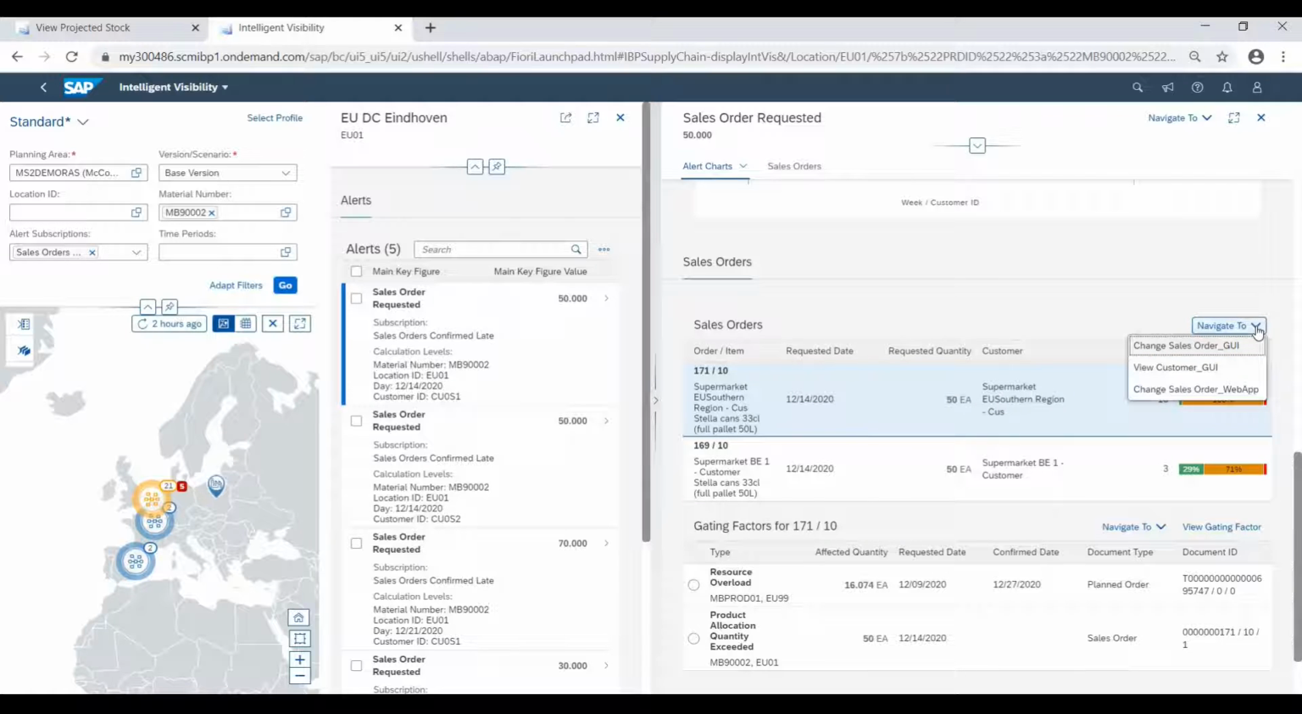And now we want to navigate to our S4 system. And from here, we select our first order, and then we want to check the sales order there. That's why we go here. If you remember, we were checking order 171. So now we'll see in S4